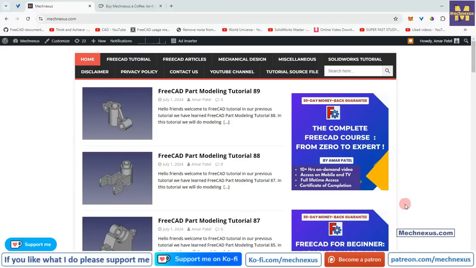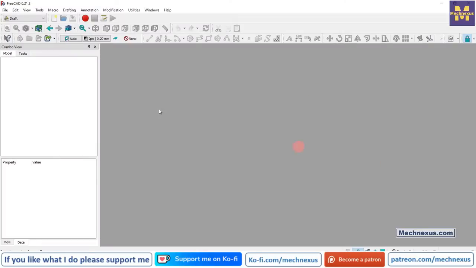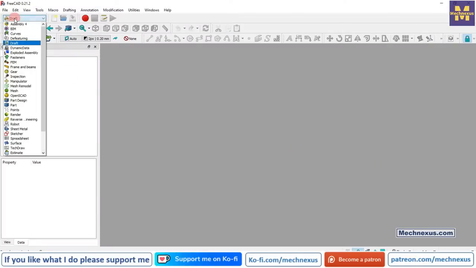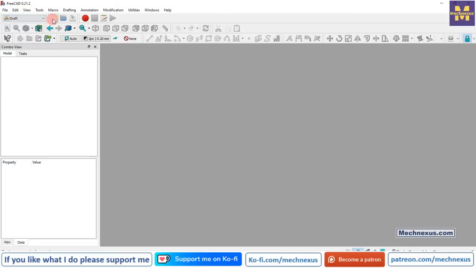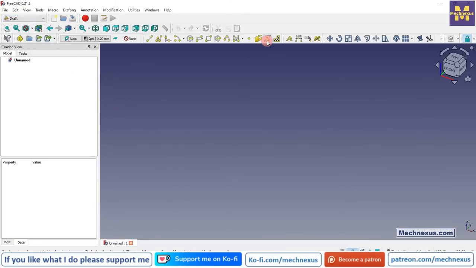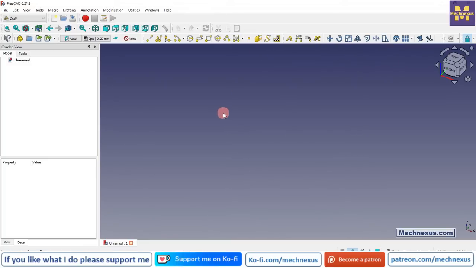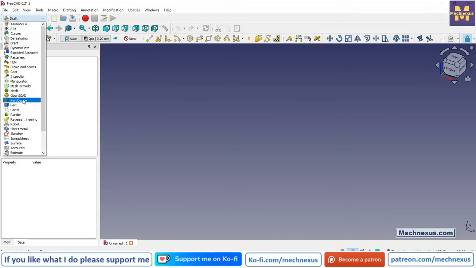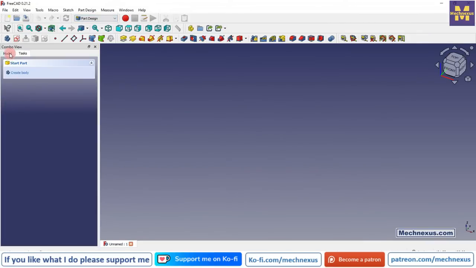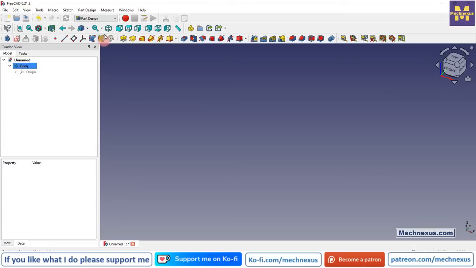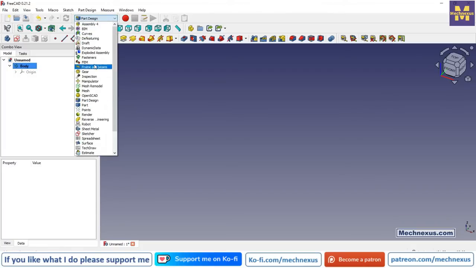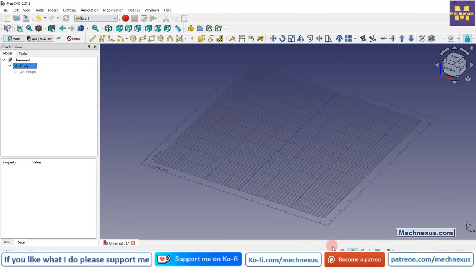So let's come back to our tutorial. So here I will switch to the draft workbench and create a new file, and here you will get an option of a shape from the text. And before inserting this into our body, first thing which I will do is I will switch to the part design workbench and I will insert my body, and again I switch to the draft workbench and I will